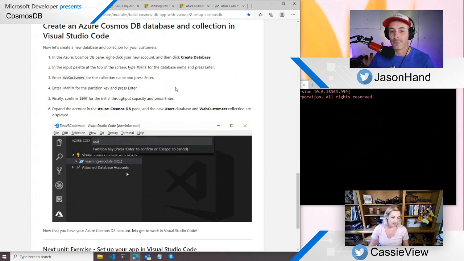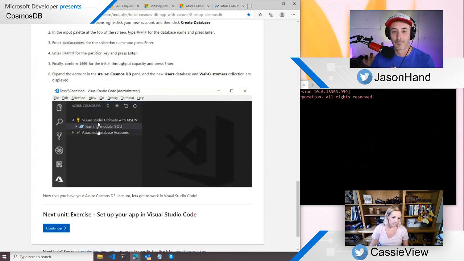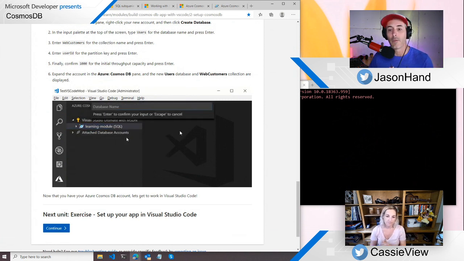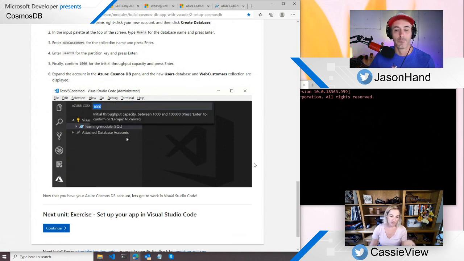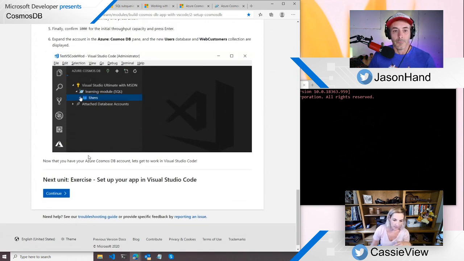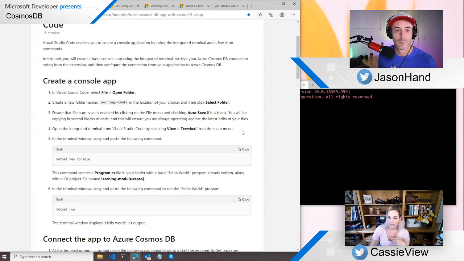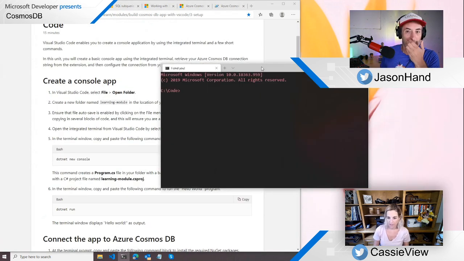So here's just a little GIF of how I would do it through Visual Studio Code. I'm not going to do it because I already created my database, or not my database, my resource. We'll create the database in the customers collections through the CLI. But I just want to show the little GIF so you can see how you would do that. But I'm just going to have to skip over that part. Okay, so now we need to make a directory. Call this Azure NoSQL.